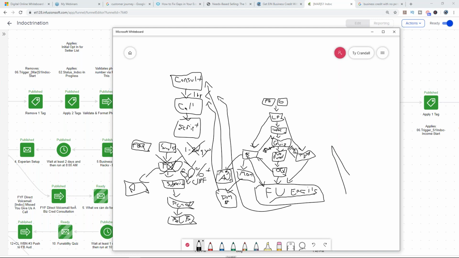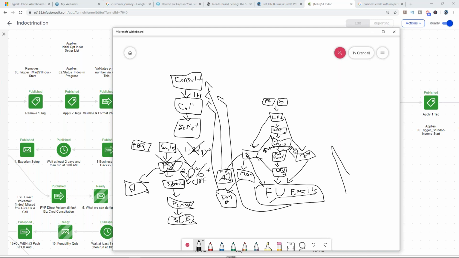So now what happens is they ultimately will go to sales. Sales will get them funding. Sales will sell them on the value of business credit. And after they get funding, guess what sales is going to do? Sales is going to sell on the business credit builder. This is why this process made so much sense to us, because we said, oh my gosh, the sales team